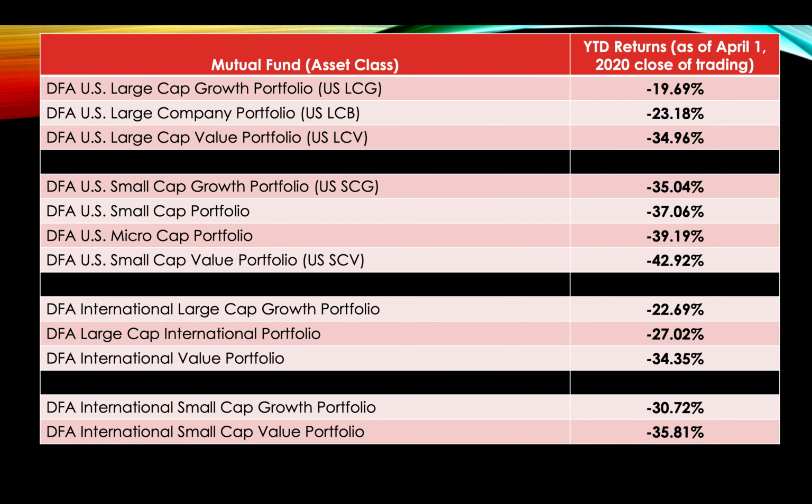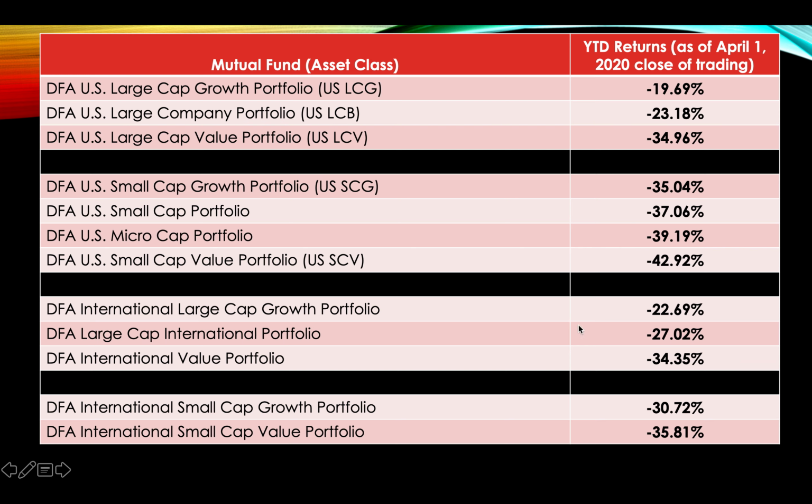Okay. So let's actually take a look at what's happened here during this black swan event. I chose a lot of funds from Dimensional Fund Advisors. That's the fund company I like to use. And what we find is some interesting things. Large growth stocks didn't do as bad as large cap value stocks. Remember when I said during significant recessions and depressions that value stocks do worse than growth stocks? That happened again. And small cap value stocks did worse than large cap value stocks. And again, small cap growth was down, but small cap value was down even further.